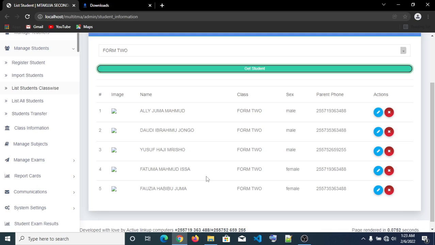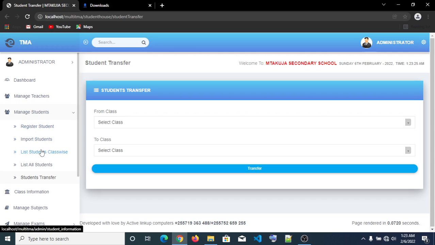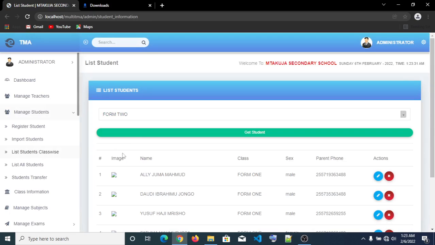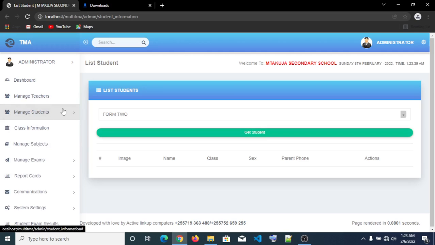But for the purpose of this demonstration, I'm returning those students from Form 2 to Form 1 and clicking transfer. Good. Here in Form 1 we have the students, and in Form 2 we will not have the students. Let us end here, and in the next video we are going to show how you can add the subject to your class and prepare your